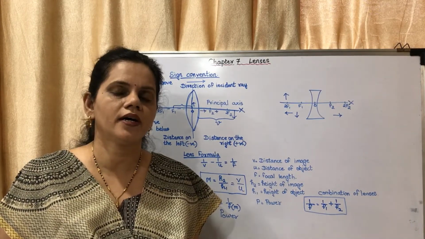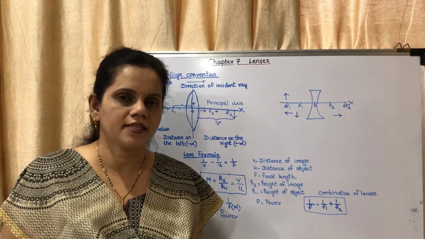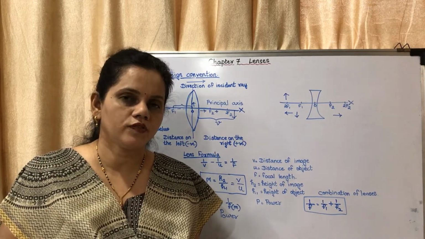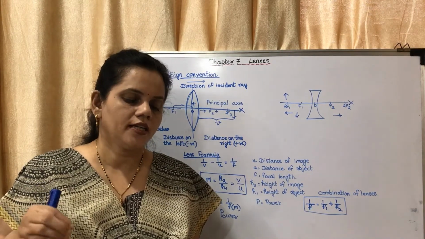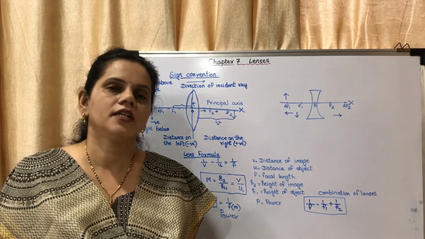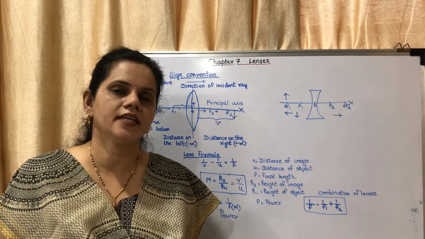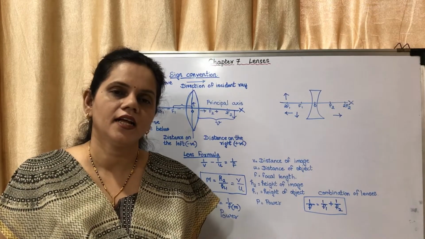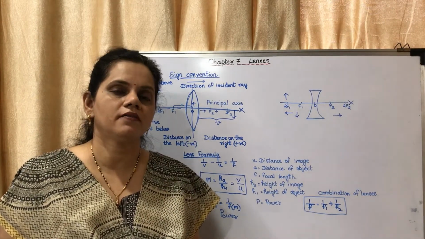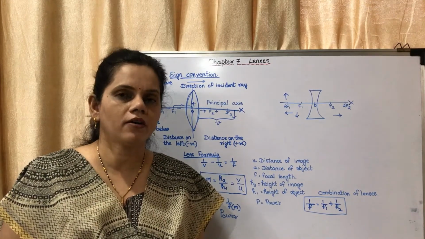No, the time required for both cases won't be the same. Why? Because the power of the lenses are different. So what can you tell from this? The capacity of a lens to converge the incident light is different for different lenses. So this is the power of the lens. So what is the power of the lens? The capacity of a lens to converge or diverge, that is said to be power of the lens.